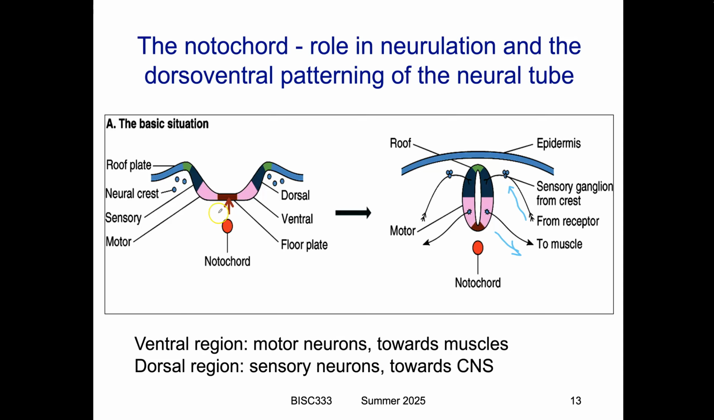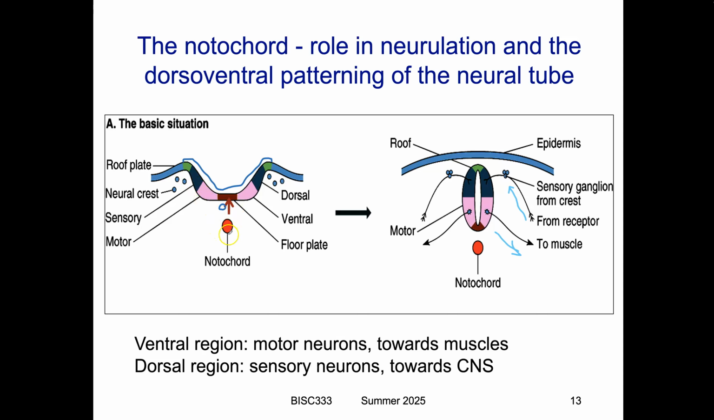Under normal circumstances, the notochord is actually like right here. It's not miles away the way this picture shows. It's actually much closer. But you have the presumptive neural tissue from here all the way around to here. And when this tube forms,